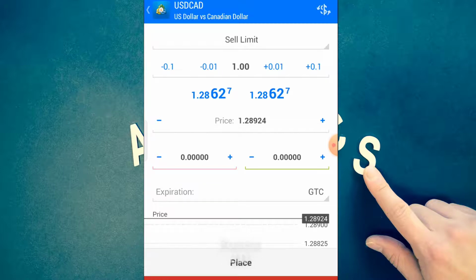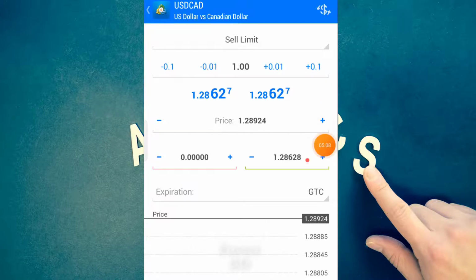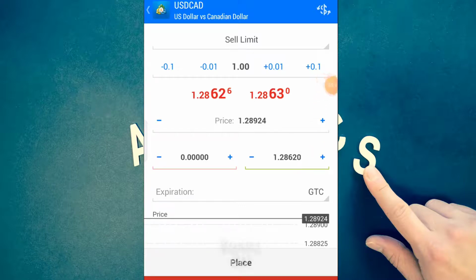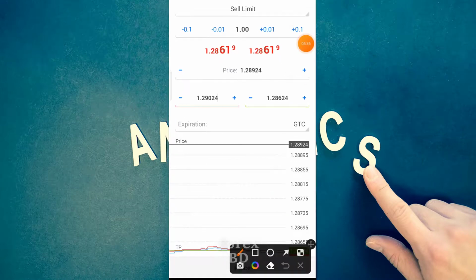We believe that the market will move from our resistance level to a downtrend, so we will set up a TP on the downside. If we want to take a 30 pips TP, then the price 30 pips lower will have to be written in the TP option. Then we set up SL on its opposite side. So we will write the price of the place where we will set up SL in the SL option. By doing this, you will have a look at everything we have done. Then click on the place option below, and the entry will be set up.